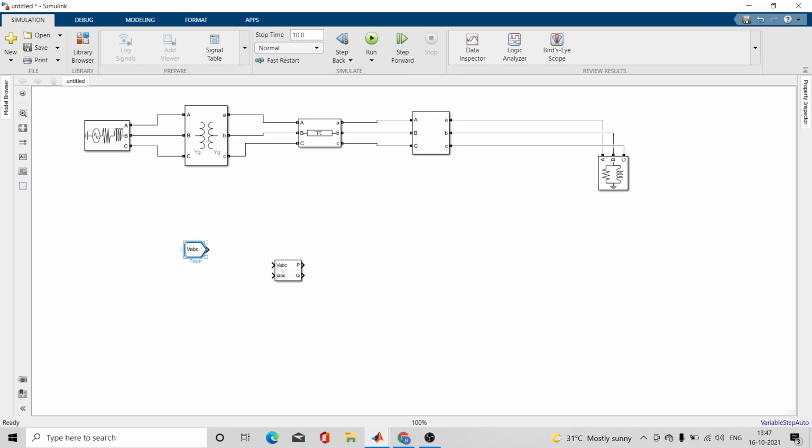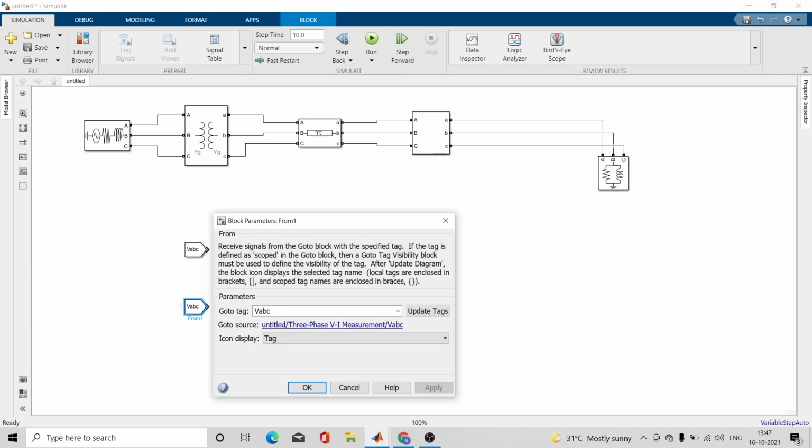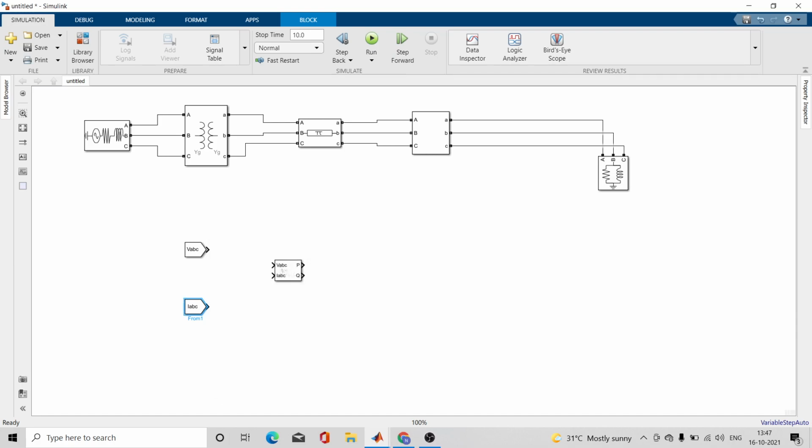In the same way, copy this block, paste it over here, and do it for current. Here give the block name as IABC. So the voltage and current labels from this block are given to this instantaneous power measurement block. So let us connect this.